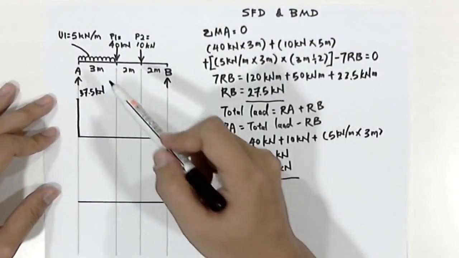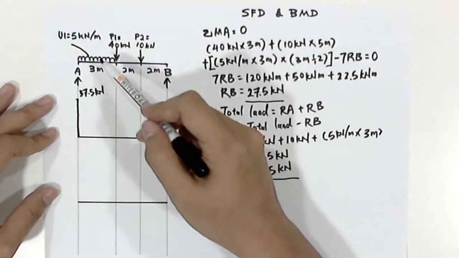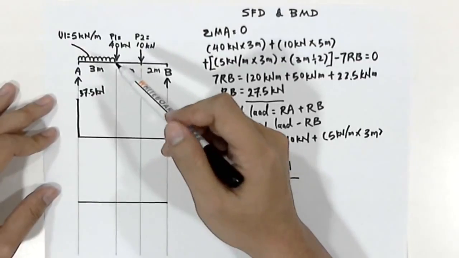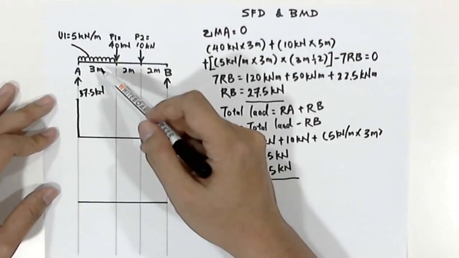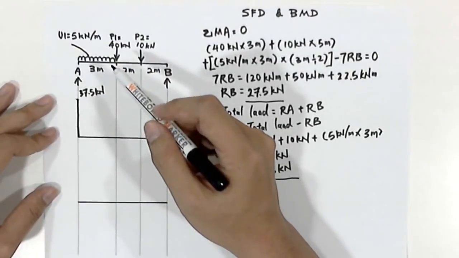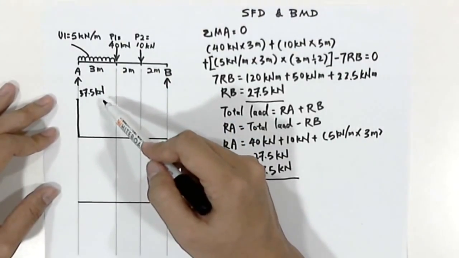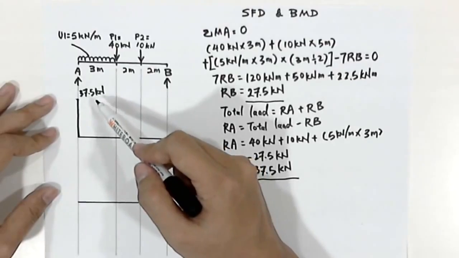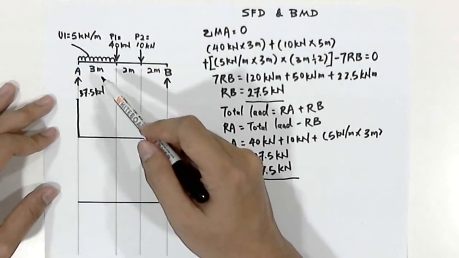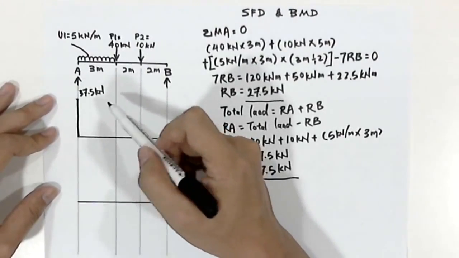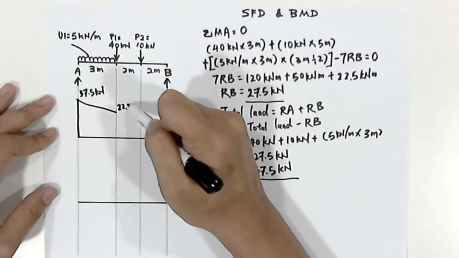What this uniform load will do to the shear force is that it will create a force of 5 times 3 meter. So we have a force of 15 kilonewton. Therefore the value 37.5 kilonewton will be deducted with the number 15 kilonewton, and the value we'll get will be